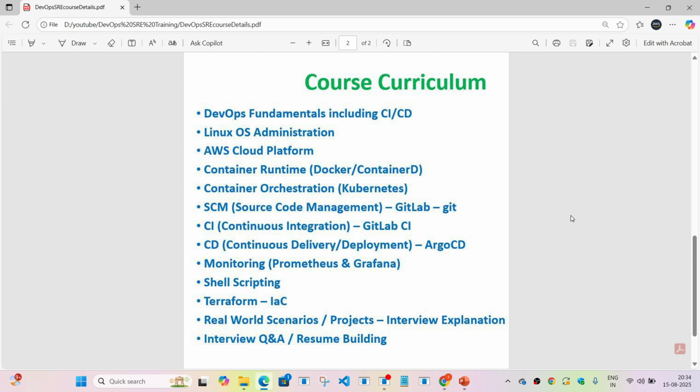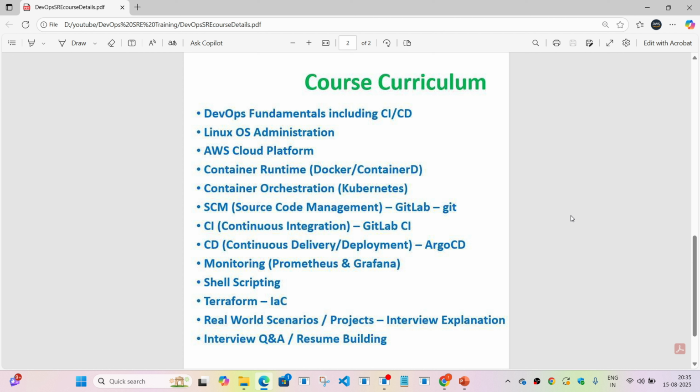And as you can see on the screen, the course is going to be including all these things. I'll start with some of the fundamentals of DevOps in this session itself. And I'll start with the very basics of Linux because Linux is going to be the base of everything that we're going to do. Some people say that you don't need to learn Linux to be a DevOps engineer, but that's absolutely wrong. You need to be really good with Linux administration to be able to work in your day-to-day tasks once you land the job. And also I'm going to cover AWS cloud, so anyone who is targeting cloud roles as well. All the core services are going to be part of this course.